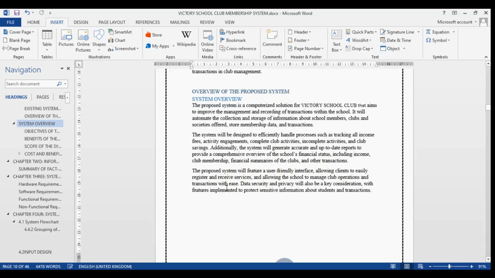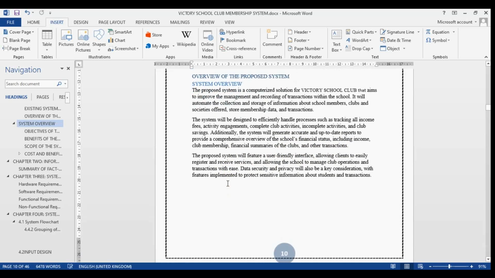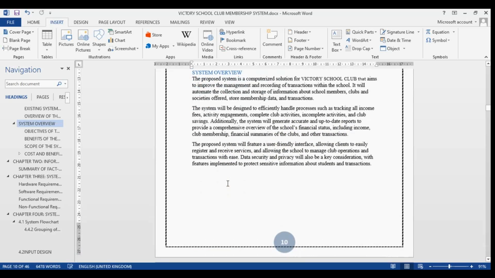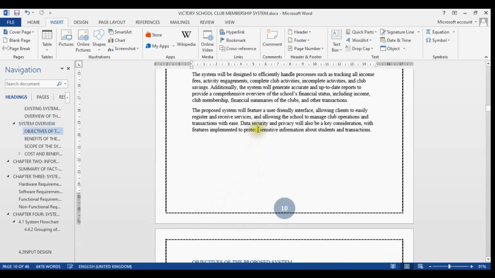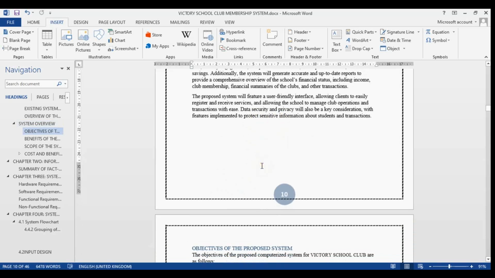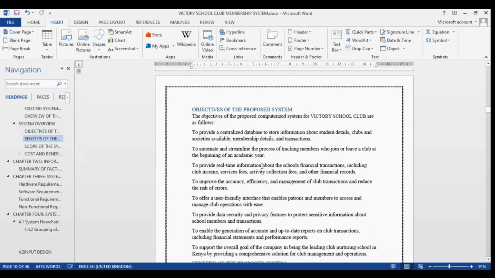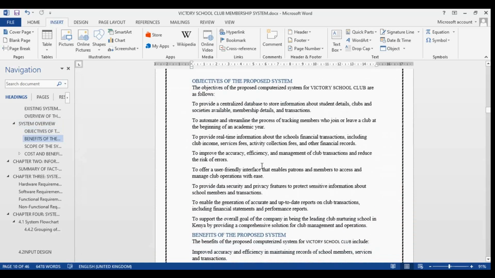And also mention the system will be user friendly, and it will allow the members to use it with ease, maybe without further training. You also have to mention data security and privacy, which will be a key consideration. Then after you are done with that, you can go to the objectives of your proposed system,